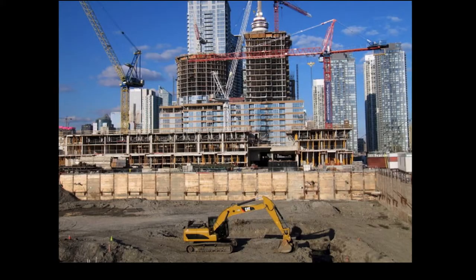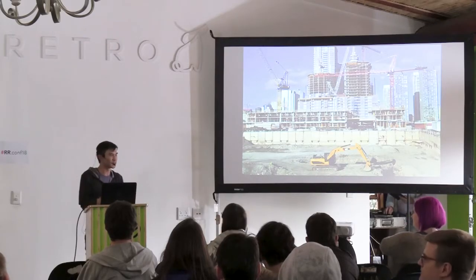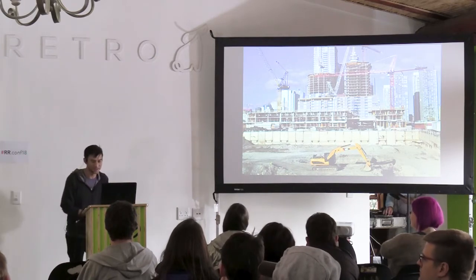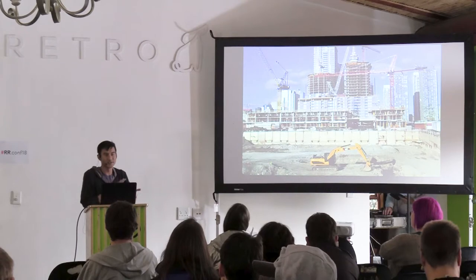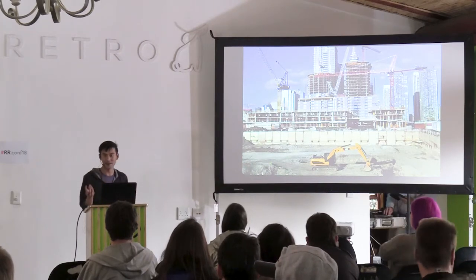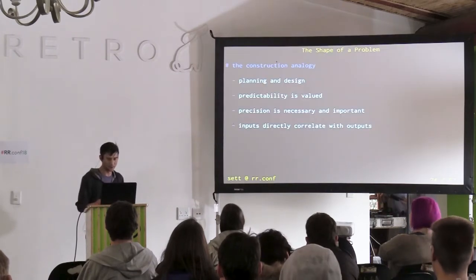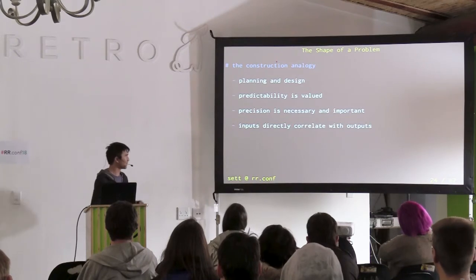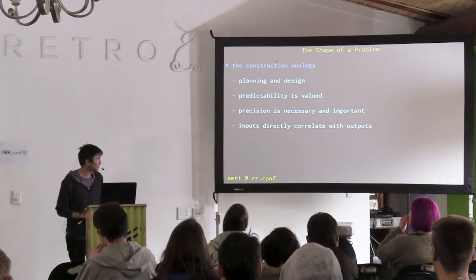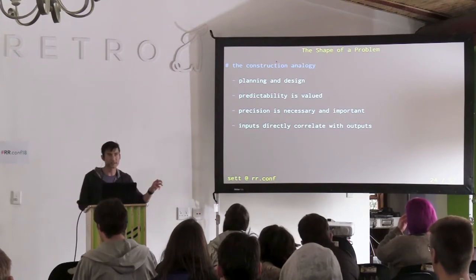I think everyone will be familiar with this analogy. It's a construction site, so everyone's got their builder hats on. There might be planners. You might measure some things. You might have lots of project managers and things like that doing very predictable outcomes. There's engineering approaches, and precision is very valuable in this kind of analogy, right? So there's the construction analogy of software development. I think the main point about this is that the inputs in this analogy directly correspond to the outputs.